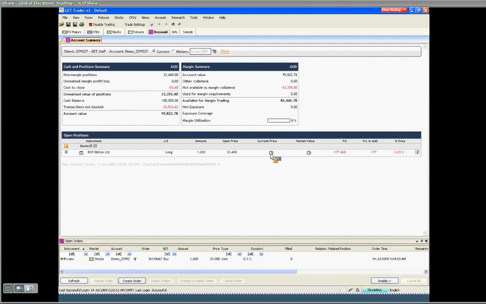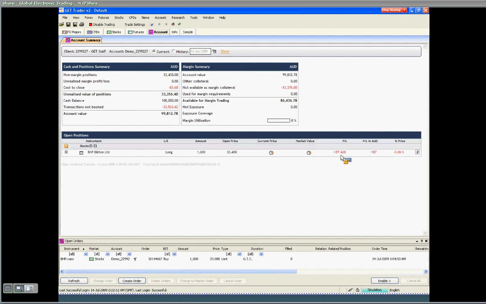The market value similarly will only populate if there is live data coming into the platform. The market value, however, of your stock, or combinations of stocks, is represented by this 33,440, which means that on 1,000 BHP shares you are currently losing